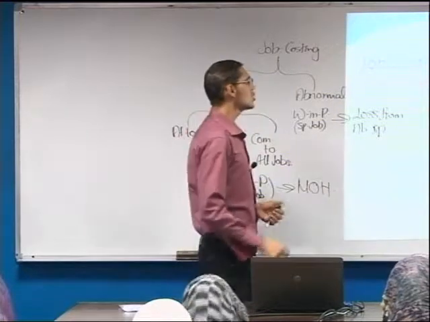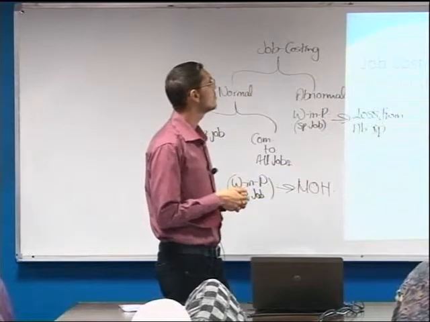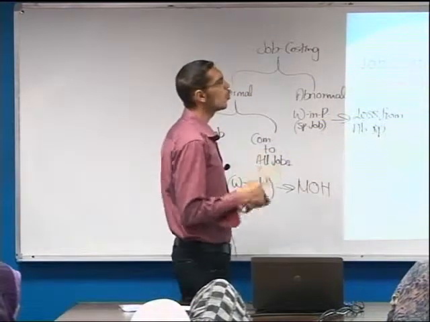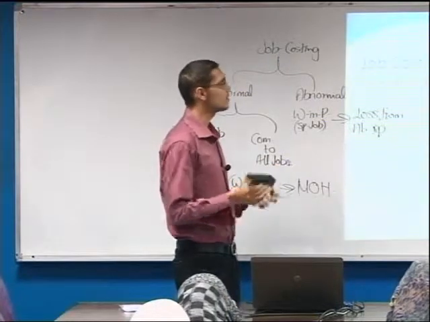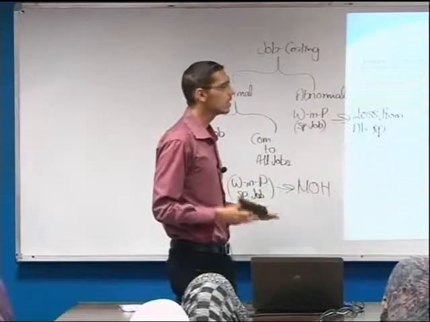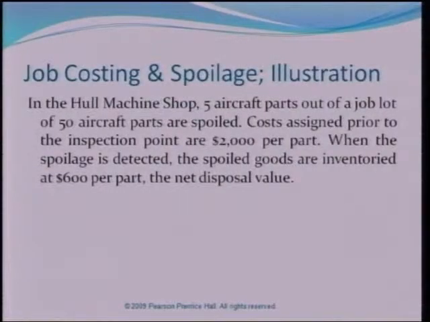In the hull machine shop, 5 aircraft parts out of a job lot of 50 aircraft parts are spoiled. Therefore, we have 5 spoiled parts from 50. Therefore, we have 45 good parts, correct? Costs assigned prior to the inspection point are